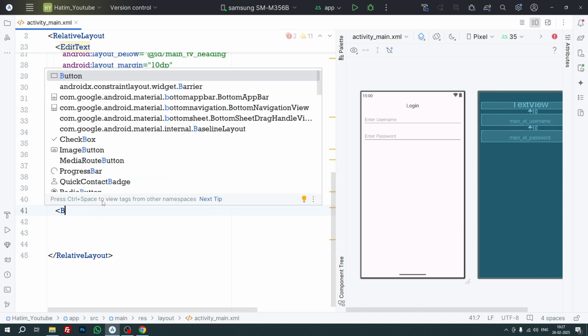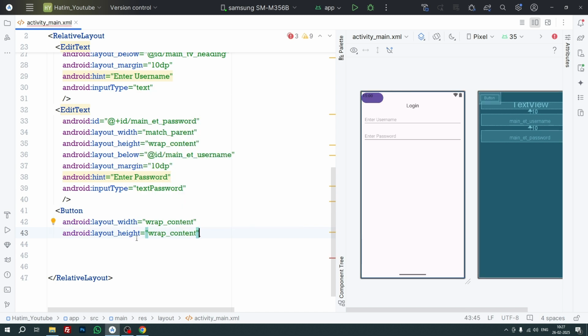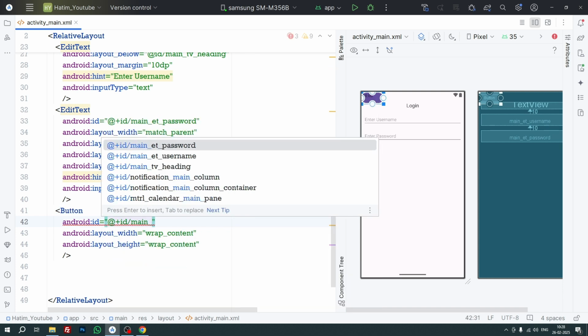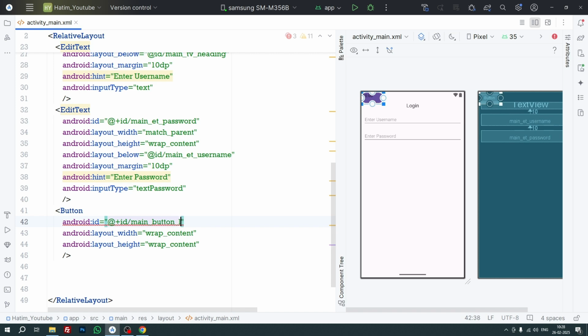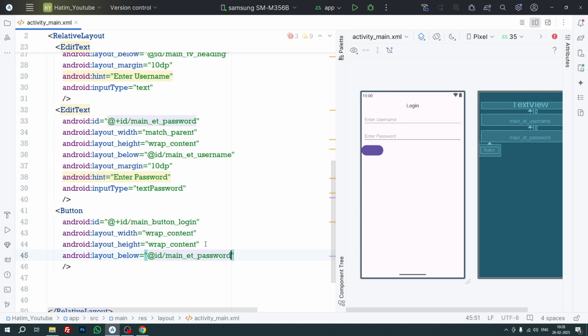So here we will write button. The width will be match parent and the height will again be match parent, because if we take the width as match parent, then it will stretch the whole button to the end, but we don't want that. So we'll just take wrap content, close the tag, give the ID over here, that is main_button_login. Now we want this button to appear below password, so we will write below the password, give the text over here